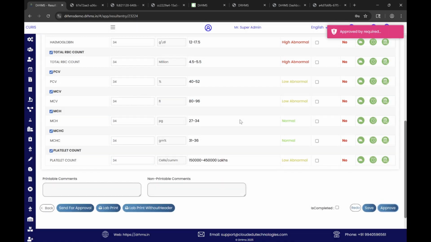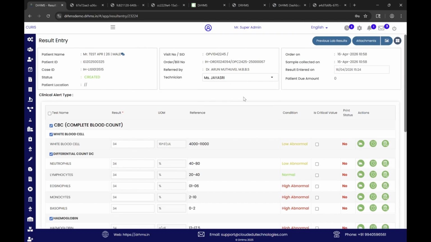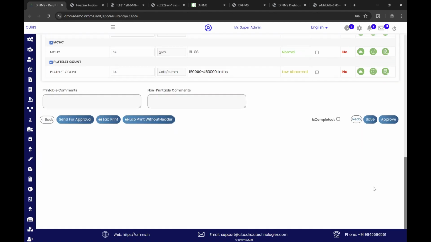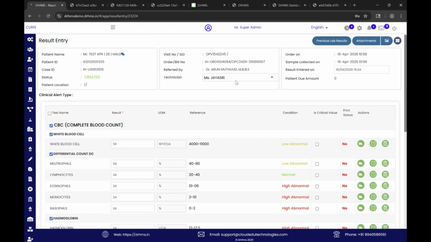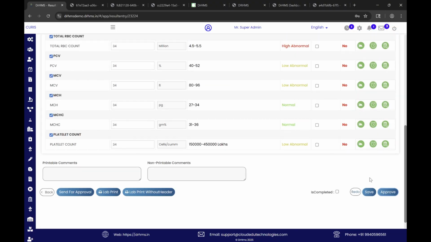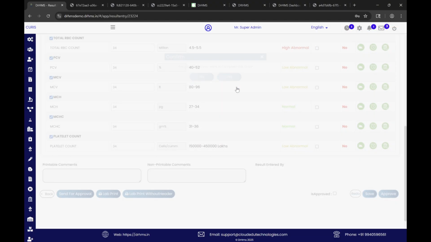Since I am admin, I have all the access here. So first I will save the one. Then it will be recorded. After save, it will go for pathology approval. Once the pathology approval is done,